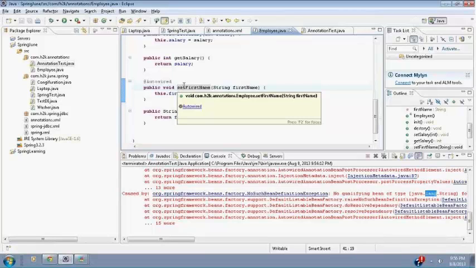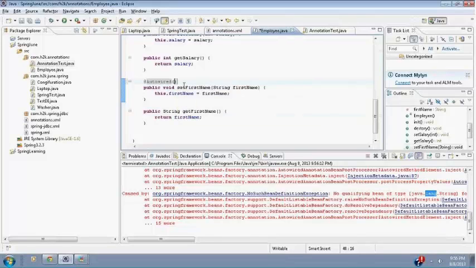Okay, and if you do that, then definitely you will not get any error and you can execute that and you should be fine. Okay, that is about autowiring. Now there is another thing called qualifier. Now remember, we may have